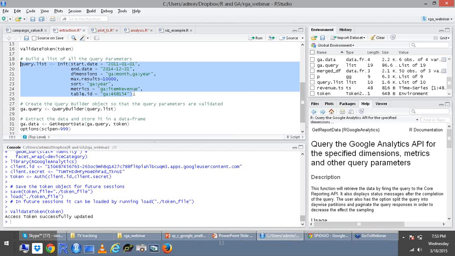So table ID here refers to the view ID in your Google Analytics. To get the view ID, you can see which view IDs you have using this package, as well as from the Google Analytics front end. You just have to go to view source and get the ID.